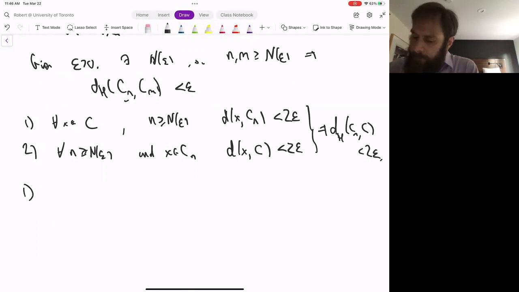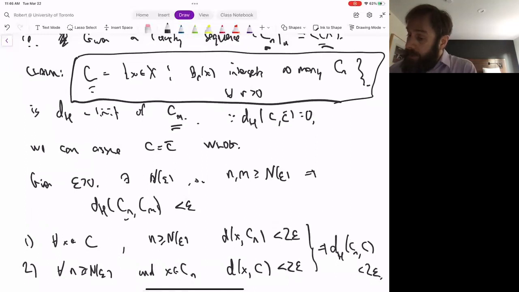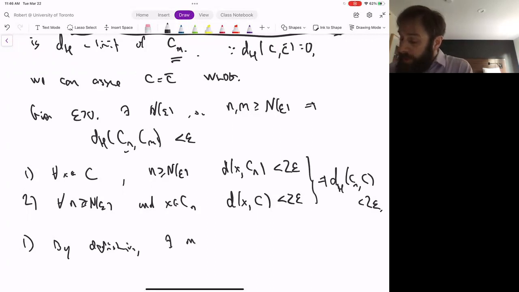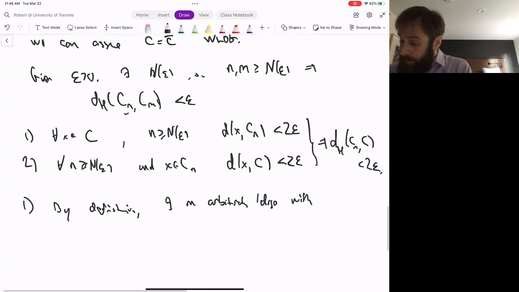So to see the first one, I know from the definition of C that there exists m arbitrarily large with